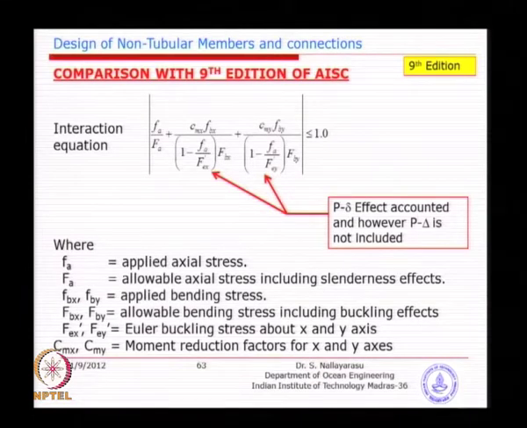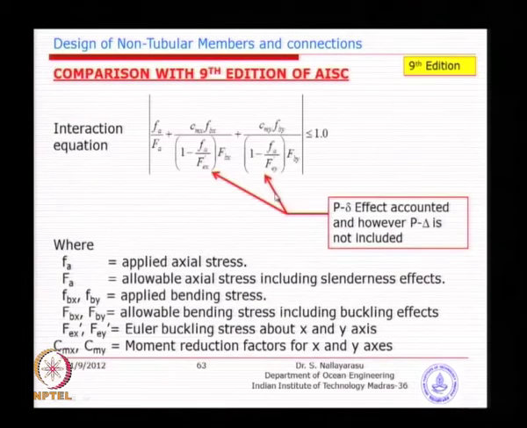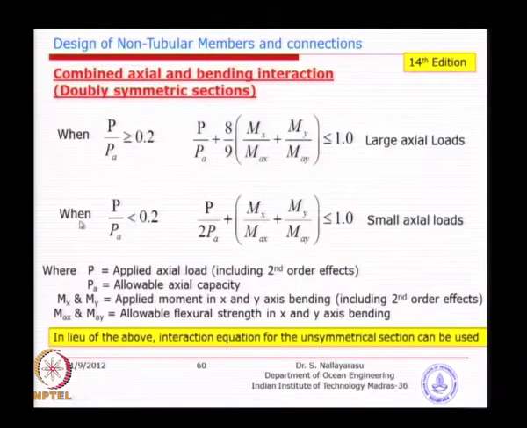So, that is taken into account in API, whereas instead of taking it into account here, we remove this, but automatically we have already taken the additional moment because of the P delta effects in the numerator instead of the denominator. So, that is a slightly different form, but of course, the fact is the moments are magnified here, whereas the allowable stresses are reduced there. It is going to produce exactly the same result. So, that is the difference that we wanted to highlight, that instead of API, you will be using a simpler form of checking here.